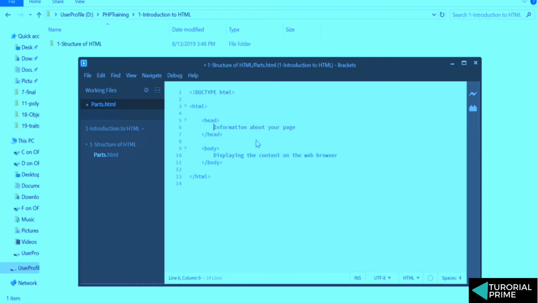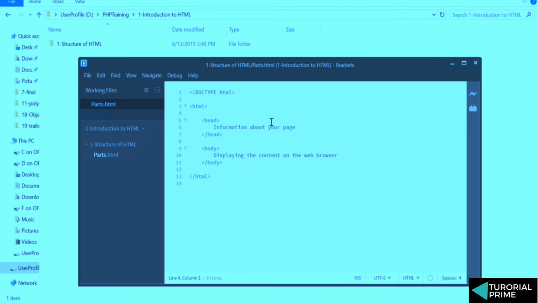So remember this structure. This is the structure of an HTML. First thing you mention is a doctype to tell the browser that is rendering this HTML that this is a document type of HTML specification, meaning you have to render this in HTML. Then you start off with HTML and end with an HTML. You see every opening tag has a closing tag. And then the main important parts of an HTML are head and body. In the head section, whatever you define will not be displayed on the browser. Whatever you want to display on the browser, you write inside the body. So this is how the structure or parts of an HTML looks like.